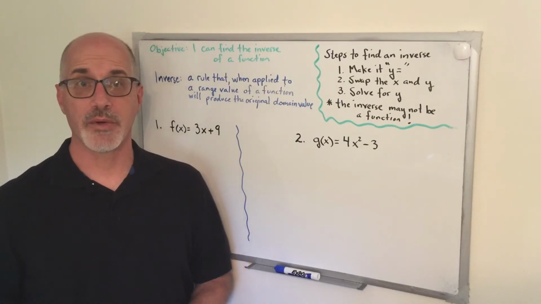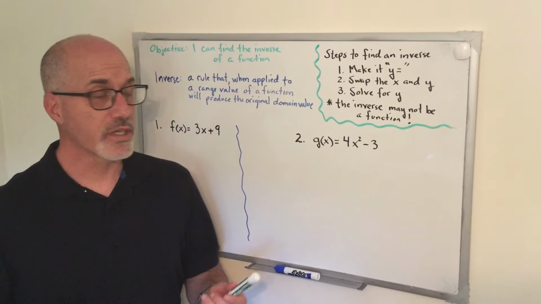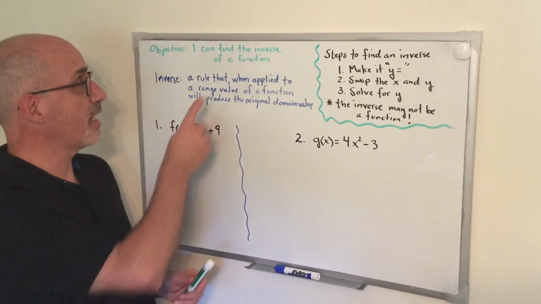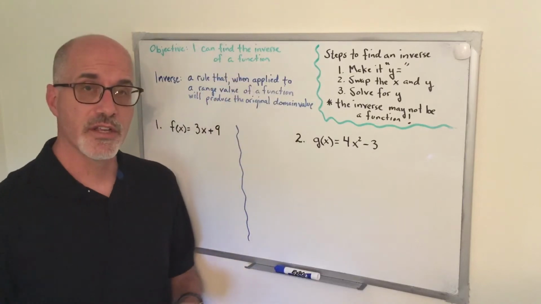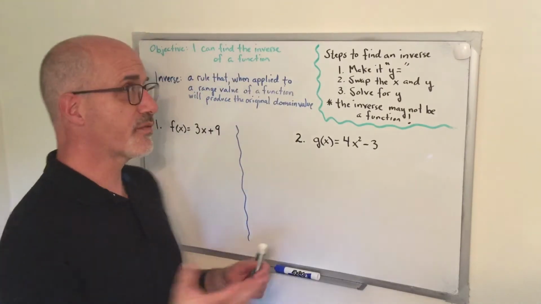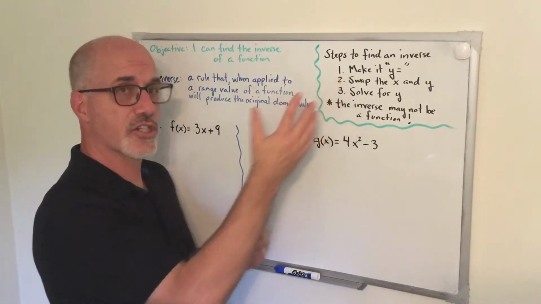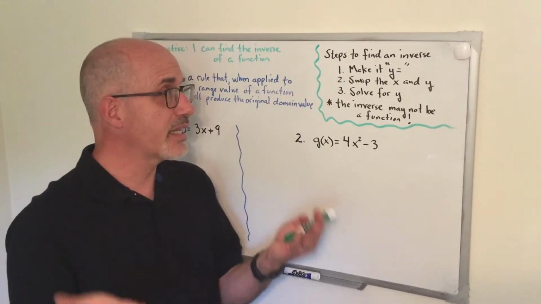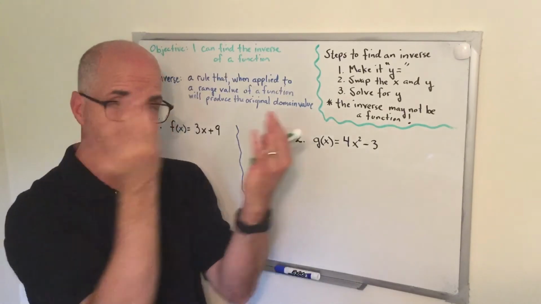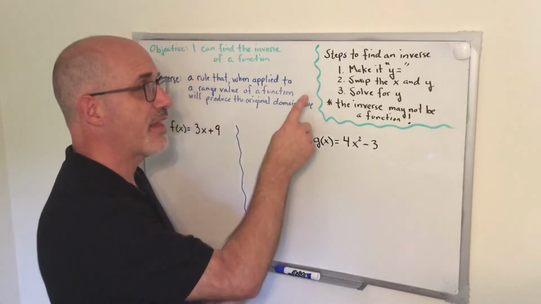This lesson is about inverses. Now we're going to start with a function and we're going to say that our objective is to find the inverse of that function. There really are three steps to do this. The first step is to take the function and just make it into y equals notation. Take the x and the y in that statement, swap them, have them swap places, and then solve for y,